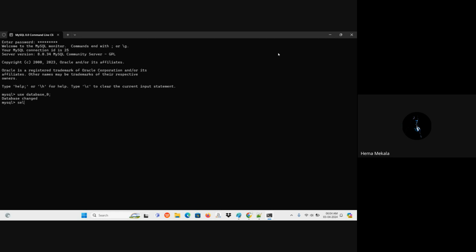Select department from employee where department number in (select department number from employee where employee name like 'S%');